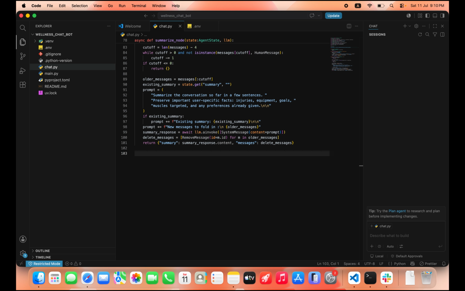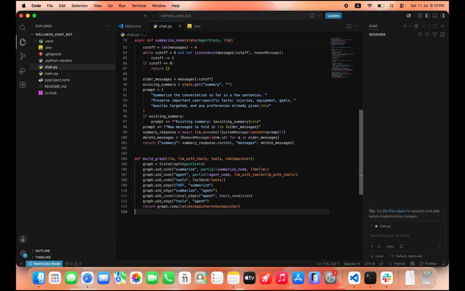After the summarize node, we have a build graph function. So this is the build graph. Build graph wires together the flow of the chatbot like a flow chart. It will start from the summarize node, which runs first,